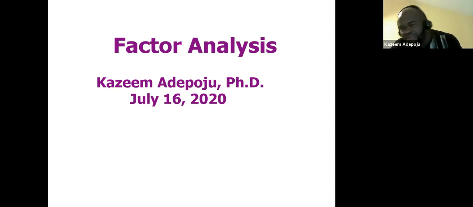A quick reminder of what we did in principal component analysis. What we did was that we got some set of variables that are correlated and we were trying to convert them into uncorrelated ones. That's number one. And number two, the reason why we do principal component analysis is to reduce the dimensionality of the multivariate data set. What do I mean by reducing the dimensionality? Because in a situation where you've got a lot of input variables,